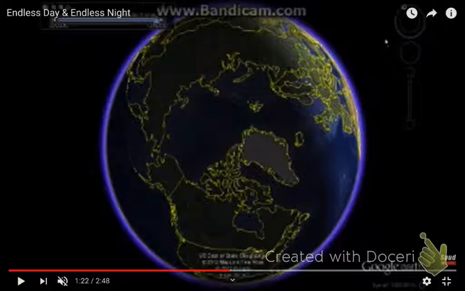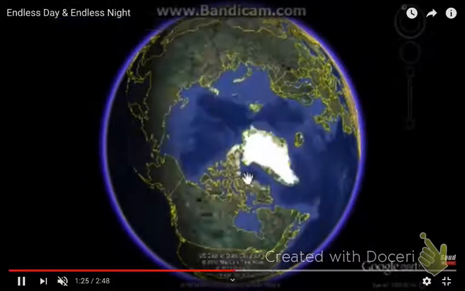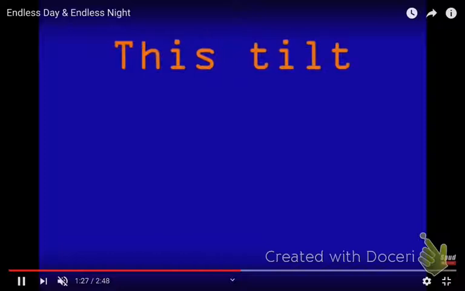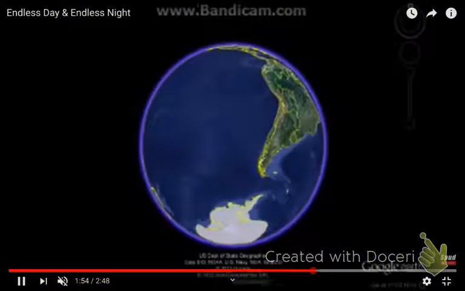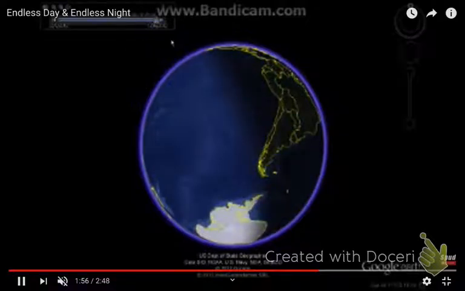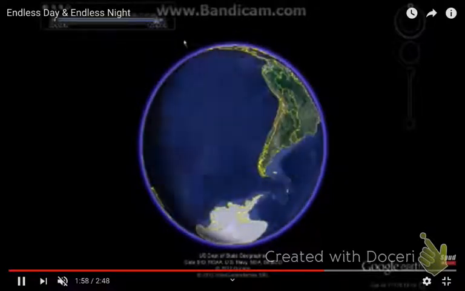When it goes into spring and fall, it will go like dusk and so on. But they'll have extremely long days and like 2 hours of night, or extremely long nights and like 2 hours of day. So again, you can watch this at that extreme angle. Well, this is going to show you the daytime. They're going to do the same thing, and you can watch right here the most